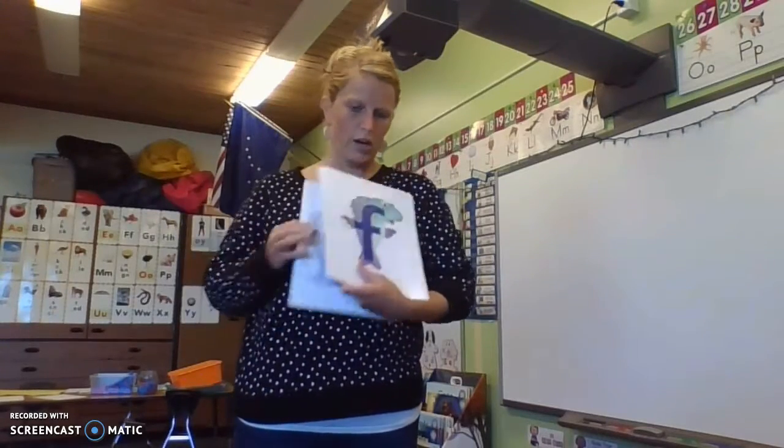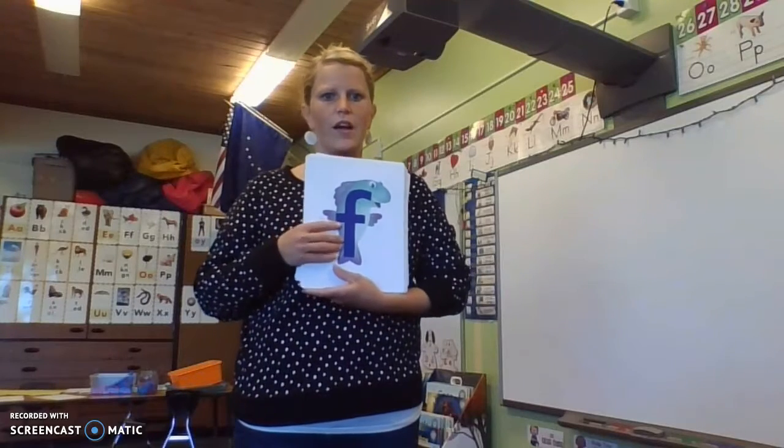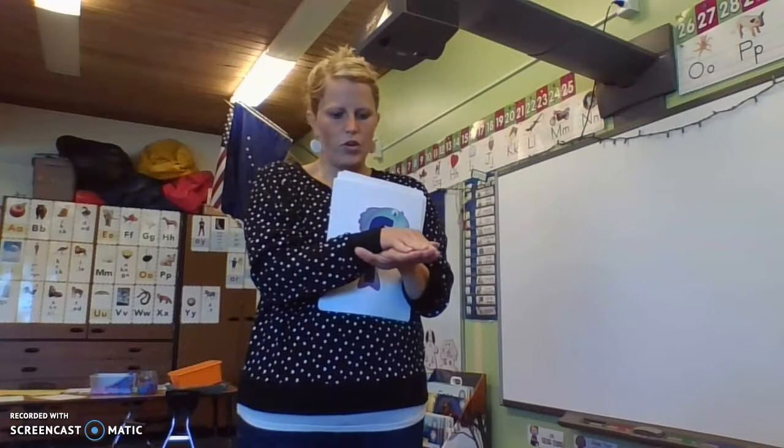So here's our first new letter. This is the letter F, and the letter F sounds like that. So you make a fish by putting your hands on top of each other, and then you have your thumbs extended so that you can see the thumbs like fins. So the F says